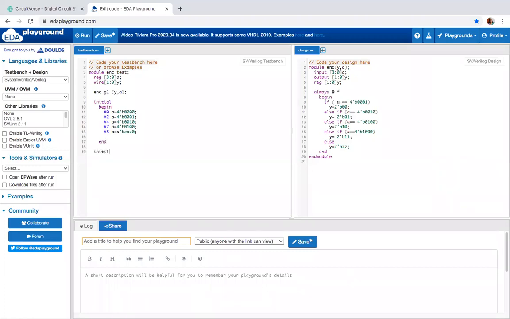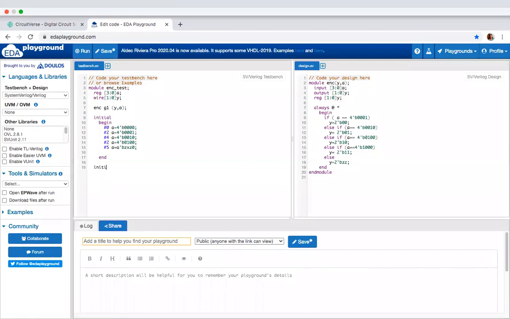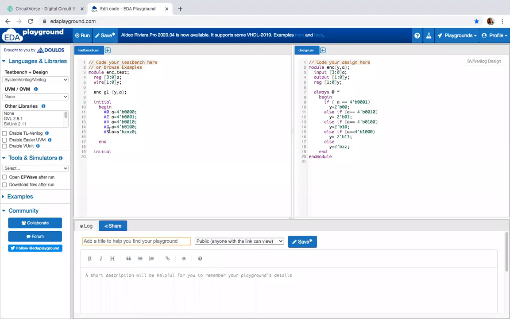Then I'll give initial. What is the total time taken for this design? The total time taken is 4 plus 2 is 6, 6 plus 2 is 8, 8 plus 5 is 13. So I'll give, say, after 13 time units, you can stop at any time. From 13 to 20, it will hold the last test output, $stop. Then I have to print it. Since we cannot generate the waveform in EDA Playground, we will not be able to see it, so let me print it. What is the syntax for printing? $monitor.